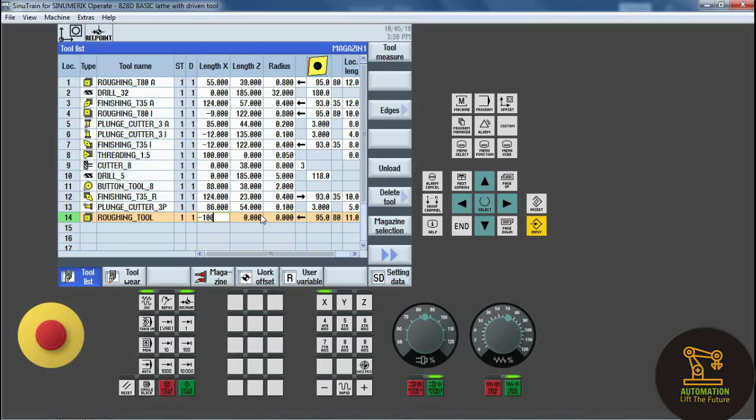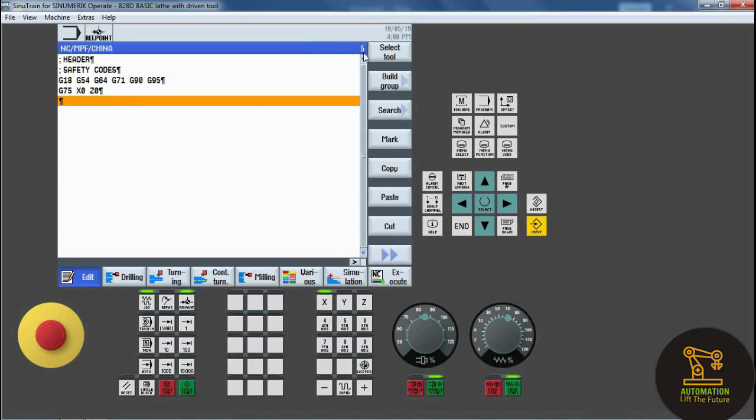So -100 and -100 for dimensions, and radius plays an important role in a cutting tool. So radius is around 0.8. Okay, the tool is created, and go to program and select tool.